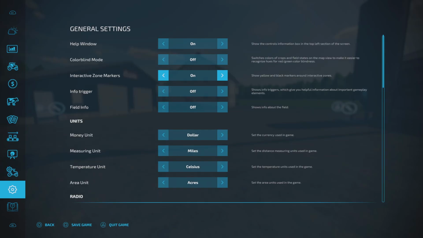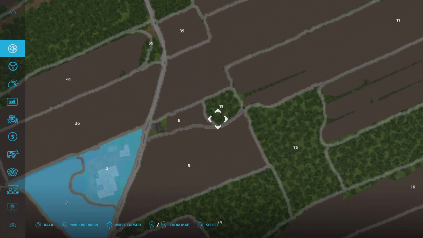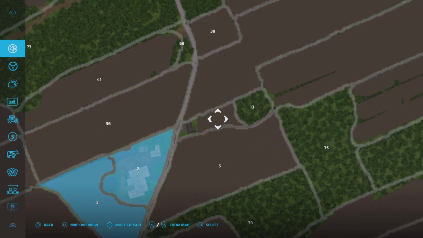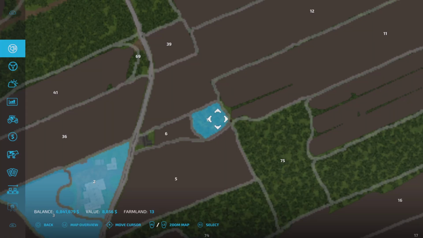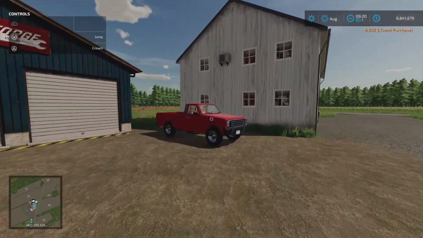So I'm going to, because I am curious, where was it? That little plot here, plot 13. I don't think, see, plot 6 I bought because there's a house on it. I thought, okay, maybe there was a sleep trigger there. Let's buy that. Does anything come up? No, I don't think so. I think it is genuinely just...